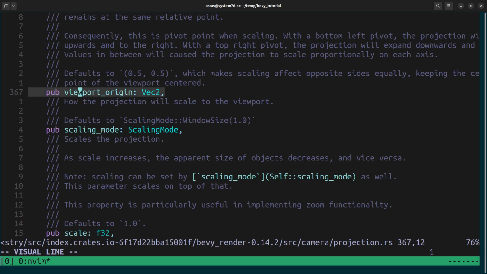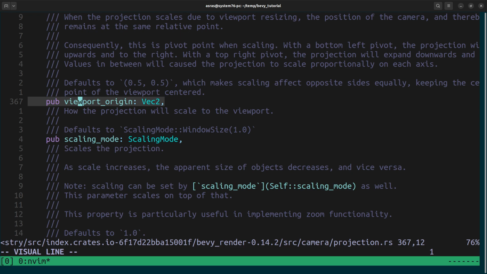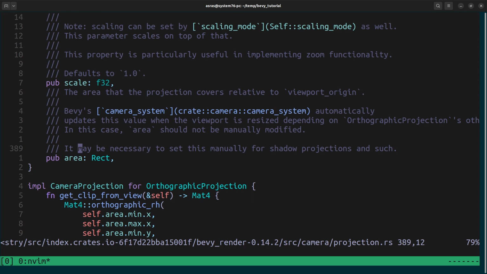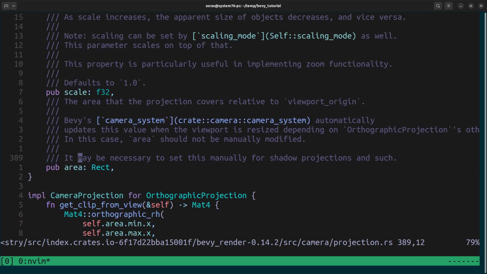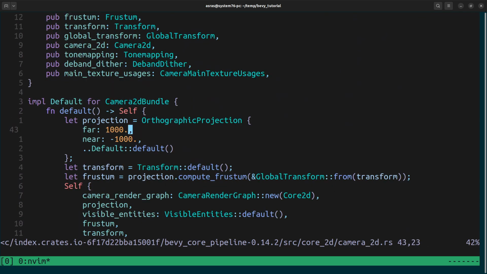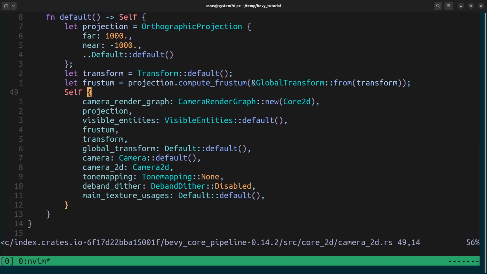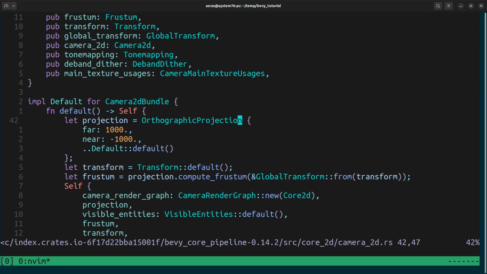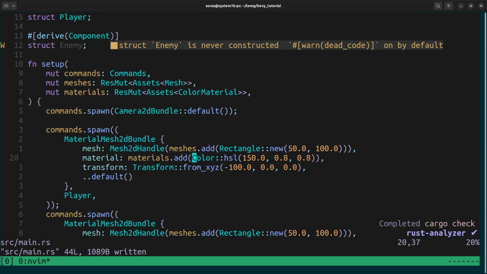Okay, so I think this is kind of correct. So viewpoint origin, great, and the area that the projection covers relative to viewpoint origin. So this is kind of what decides it. I don't know what it is. Can we do this? So default is 0.5, and the area is like, yeah. So it's kind of like going from -1 to 1 in either direction is what I'm getting here. So that's good to know. So maybe like